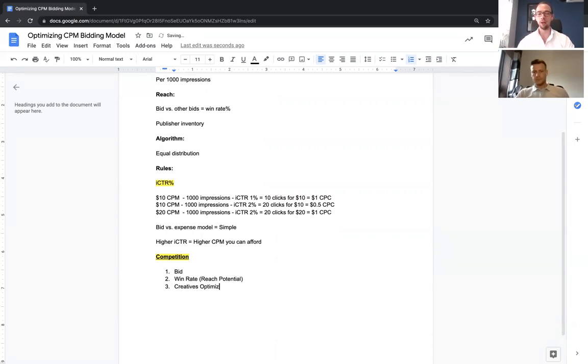So the creatives are optimized. And so the optimization on the CPM model is basically increasing the bid floor, right? Just giving it small bumps, while simultaneously taking into account the win rate, because how much of the traffic you're actually buying